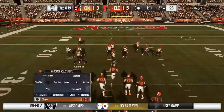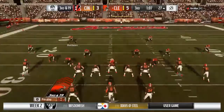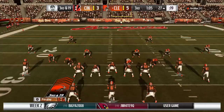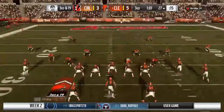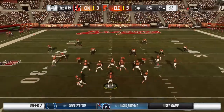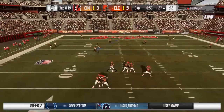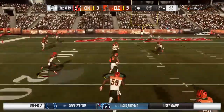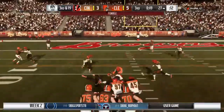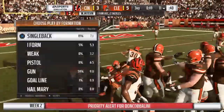And now they're looking for 19 yards here on 3rd down following 2 negative plays. Watch it now, Barney. Throwing, Mayfield. Dancing to his left. And he fumbled it. It's on the ground. And the Bengals have recovered it. He had gained really good